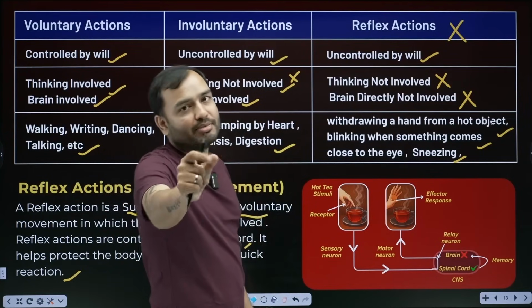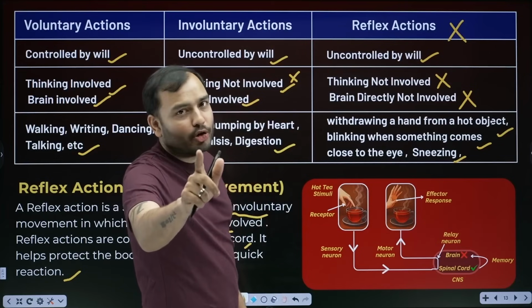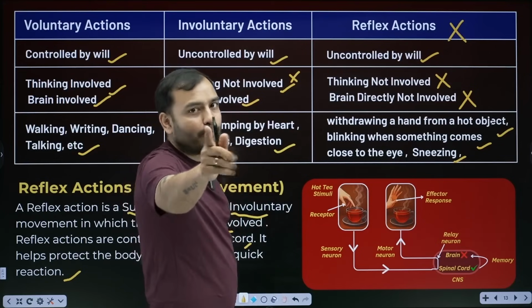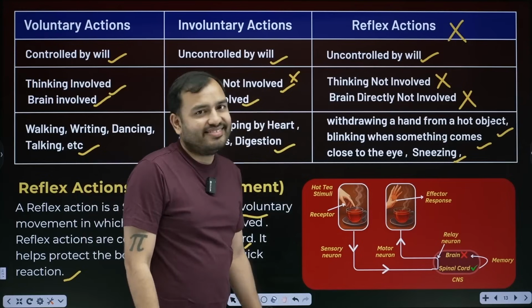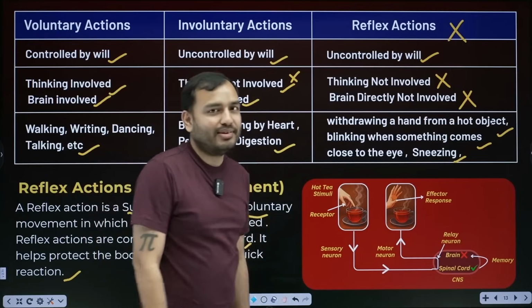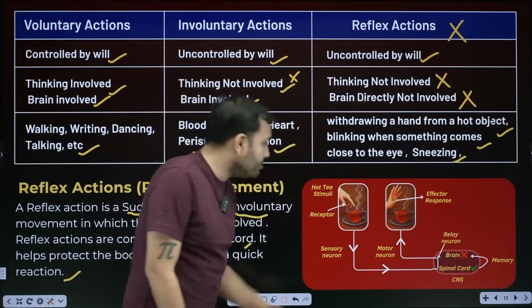Whoever gets 100 marks in science in the board this time, whoever takes the first rank, I will give him the tea. I promise. For rank 1, I will make the tea myself. Come on, even if you score less, I will still make it for you. Yes, come back. Now assume it's hot tea.